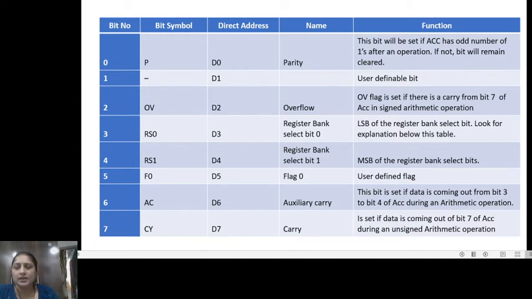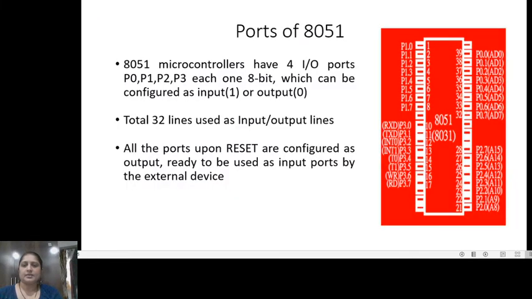It will be set if there is a carry from bit number 7 of ACC, that is the accumulator, during unsigned numbers arithmetic operations. So now we have learned the PSW structure of 8051.